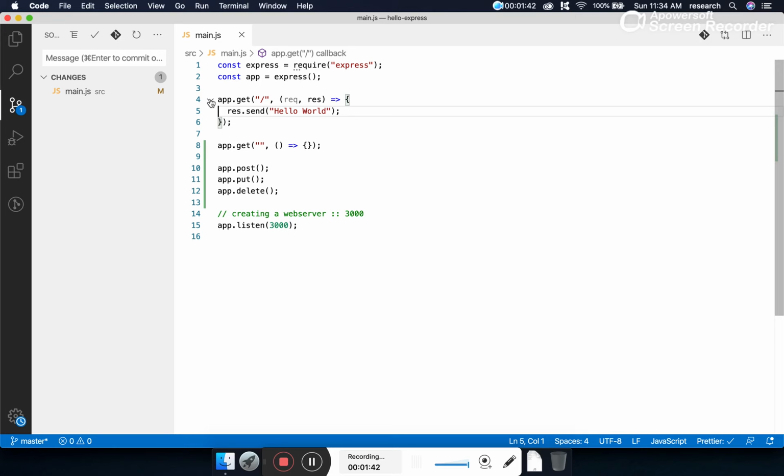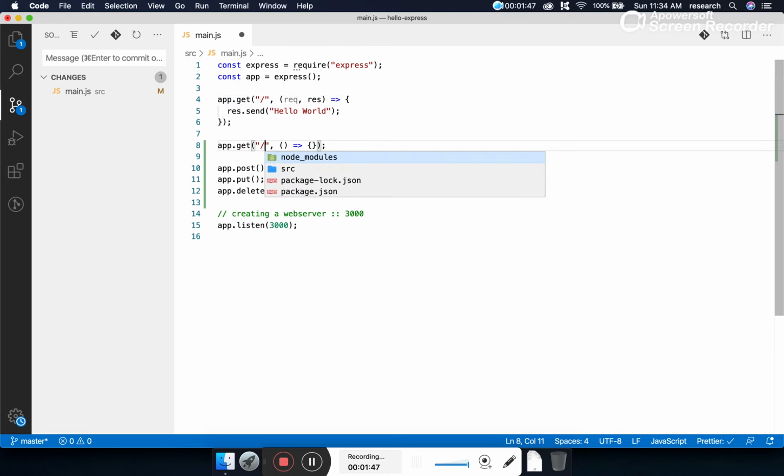But we have to make a small note here. The path parameter must be unique. If you are developing two APIs, the URLs for the two APIs must be different. So we cannot use slash here because it has already been used. So we'll keep our URL different. So what is the purpose of this parameter? Now I hope that you understand. This parameter makes our API or our URL unique.